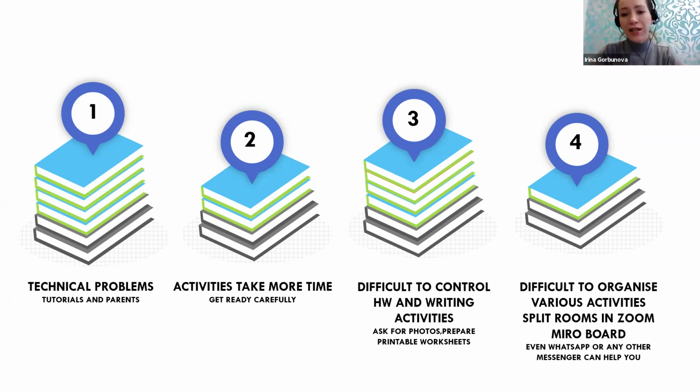And well, in that case, I couldn't find any better solution but to do the tutorials and talk to parents. Well, actually, it's absolutely the same thing as we work with discipline in the offline class, right? They can distract others, they can be noisy, they can draw somewhere, or they will refuse doing the exercise. The same thing happens online. I don't really want these things to be connected, that something is totally different in online.